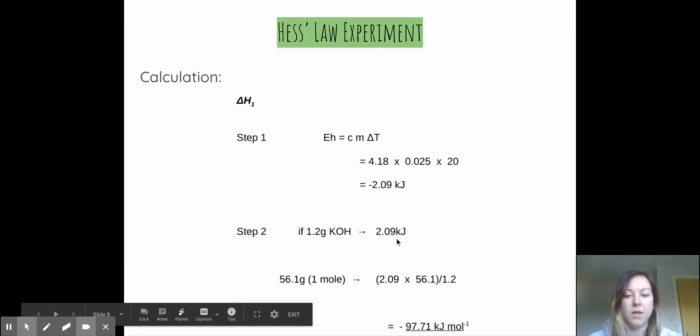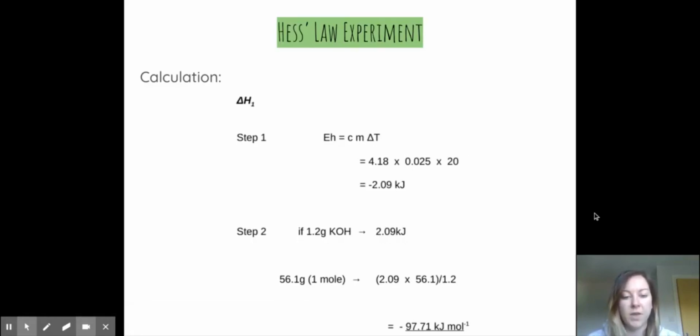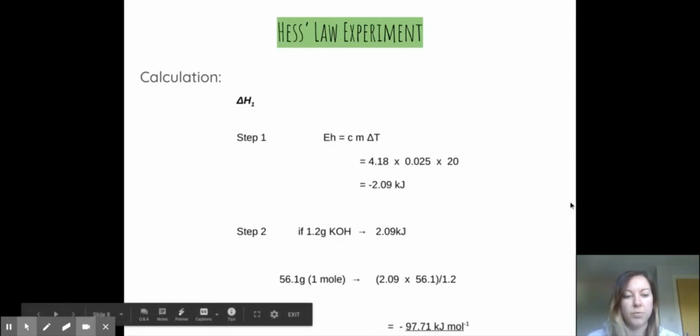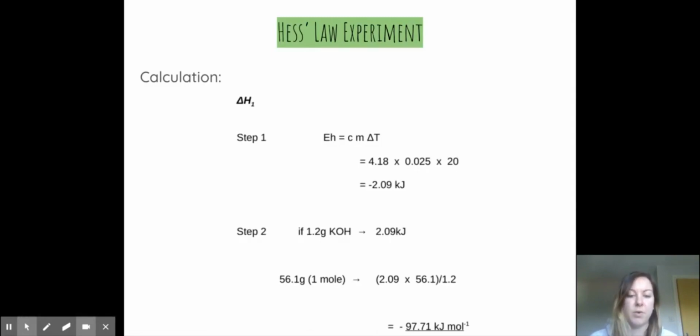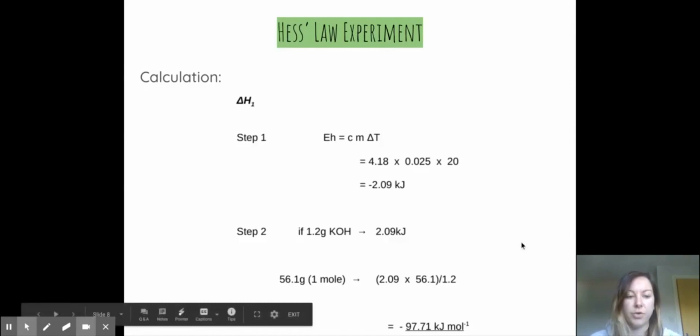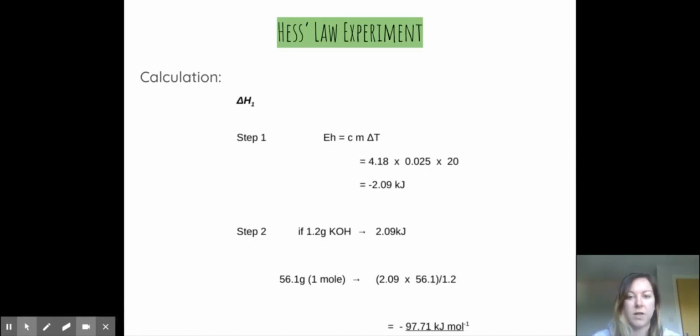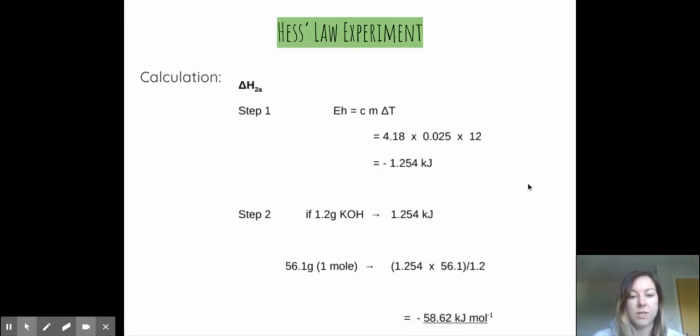by 2.09 divided by 1.2, and that gives us a total value for route 1 of 97.71 kilojoules per mole. So that is the enthalpy change for the route 1 reaction. And again, negative value here because it is an exothermic reaction. So what we're going to do is repeat this exact process for delta H2A and delta H2B. And then we're going to add those two together and hopefully come up with something that is approximately the same